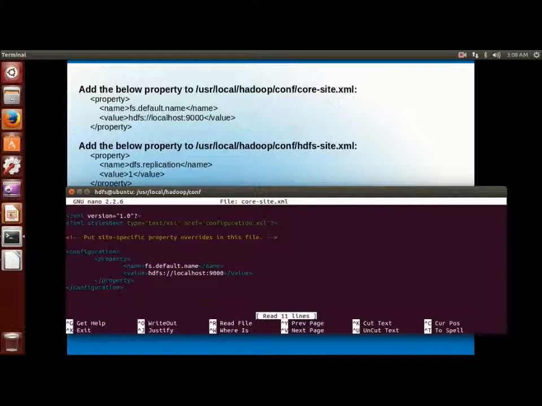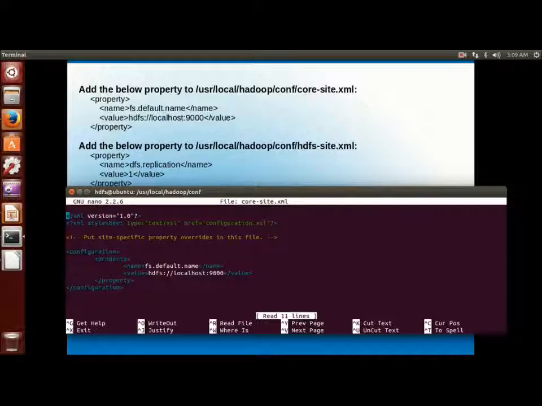So that we will cover in a different session. So as of now, these are the minimal set of configurations for pseudo distributed mode.